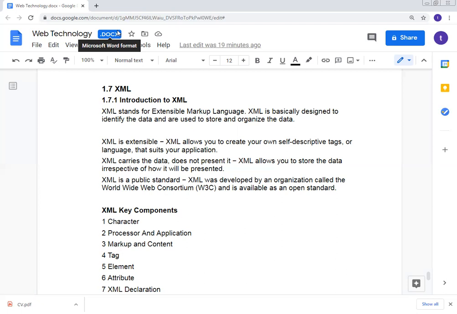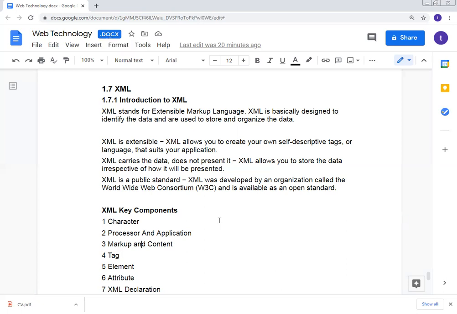So the next one is the tag. A tag is a markup construct that begins with the less than symbol and ends with the greater than symbol. Tags come in three flavors: the starting tag, the ending tag, and the empty tag. The starting tag is written within angle brackets. The ending tag is within a greater than, less than symbol with a slash inside. We can also use empty tags like line break. The main parts are elements, attributes, and the XML declaration.